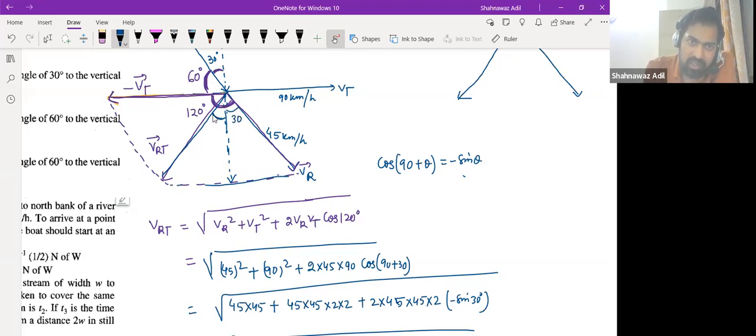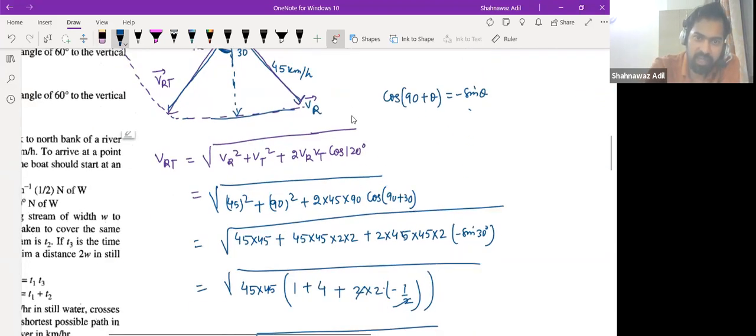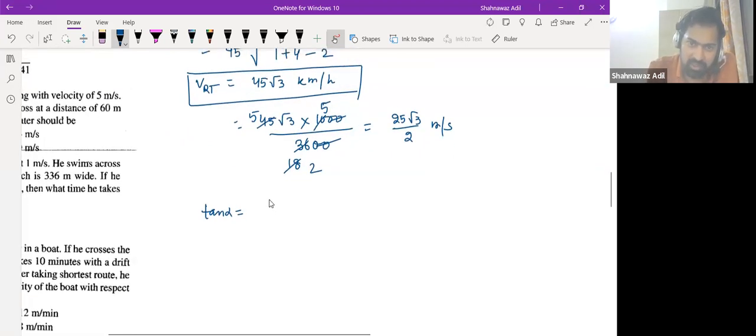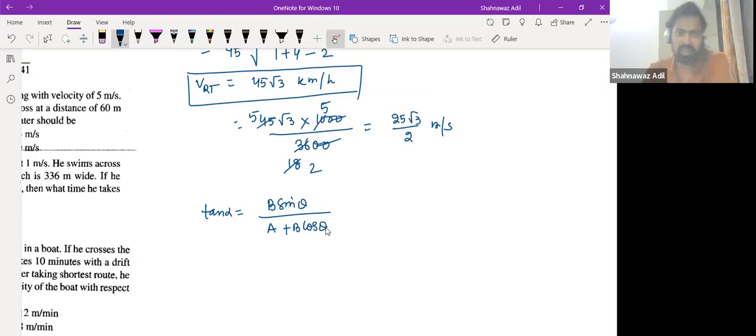And this angle we have to find out, right, Nishita? Yes, sir. The angle we can find out by B sine theta divided by A plus B cos theta, right? This is the angle. So this would be how much? B is